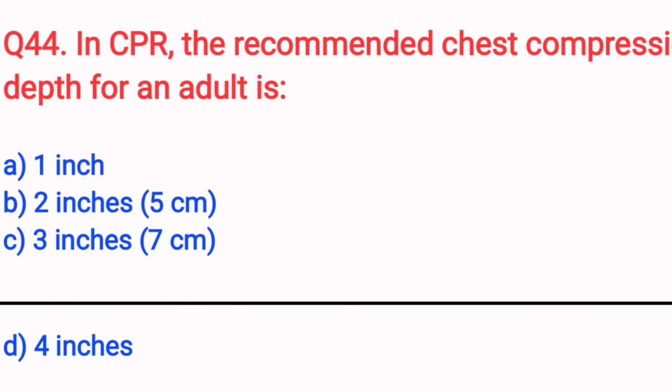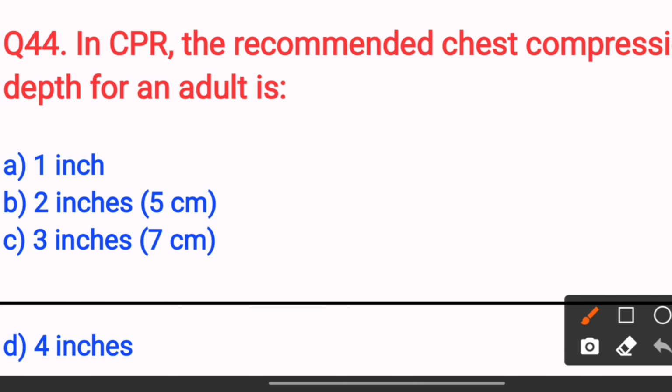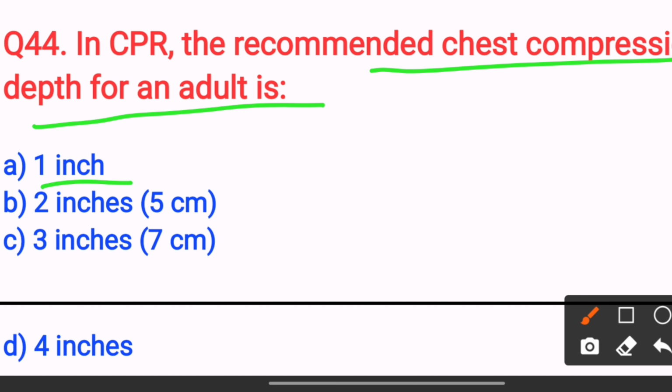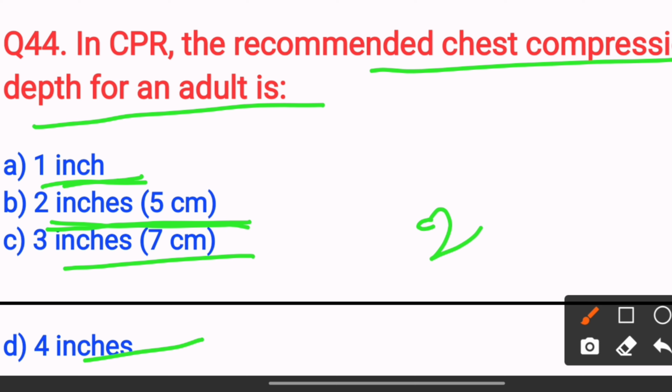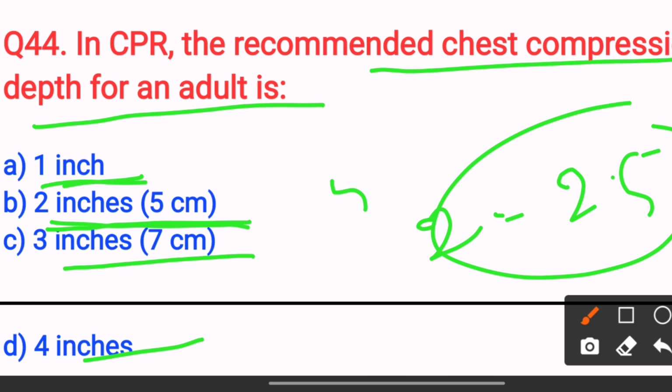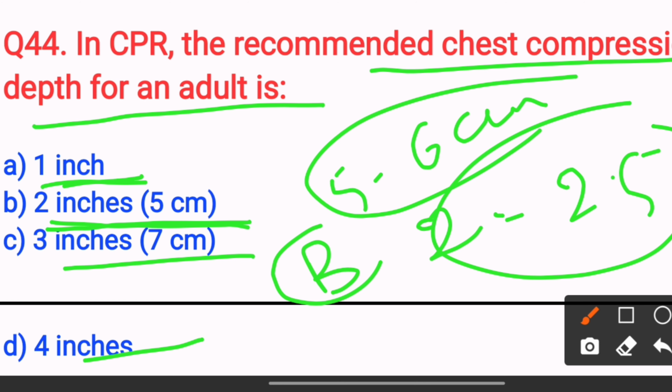In CPR, the recommended chest compression depth for an adult is option A, 1 inch, option B, 2 inches, option C, 3 inches, option D, 4 inches. The answer is option B, 2 to 2.5 inches, which in centimeters is 5 to 6 centimeters. So the answer is option B. Next,